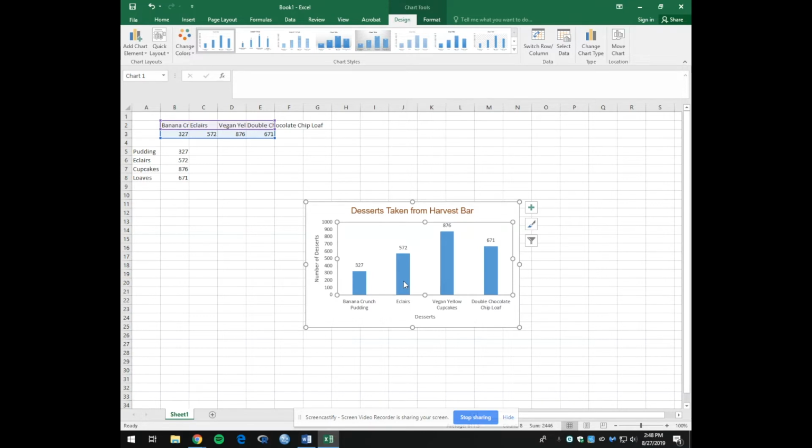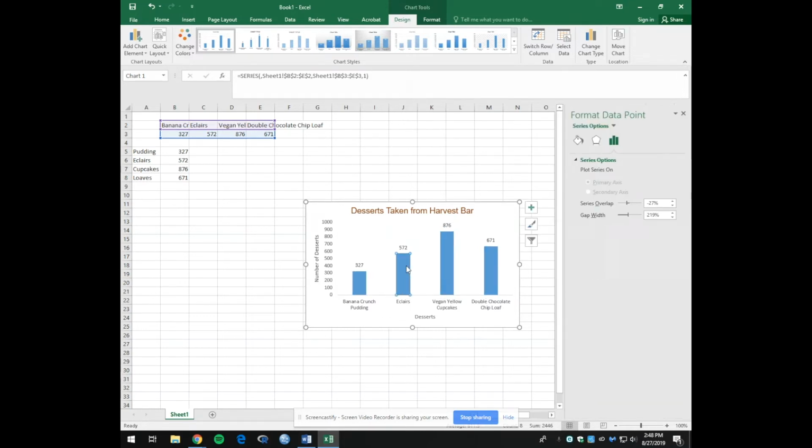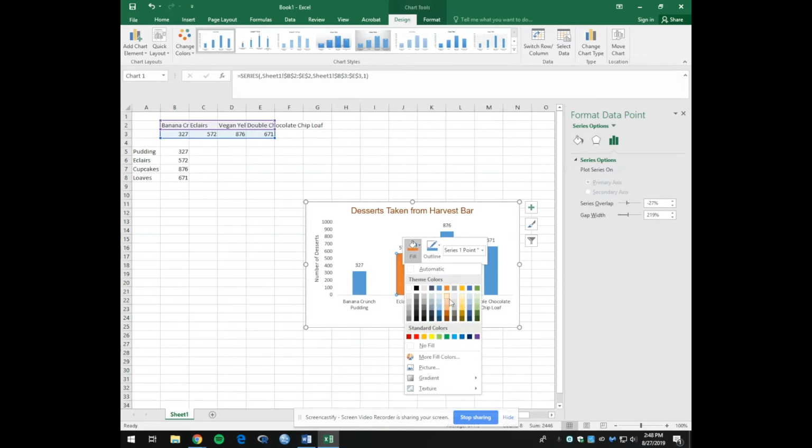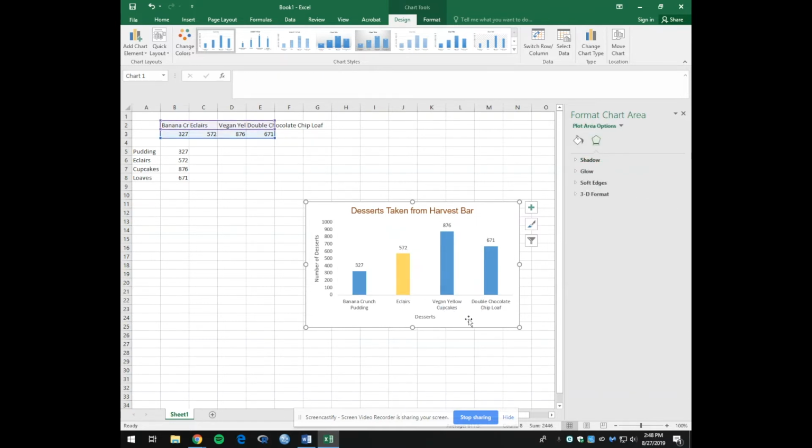Then we can actually change the colors of the bars by, if you double click a particular bar, it will activate just that single bar. And then we can left click on that to change the fill. So maybe we wanted to make eclairs this kind of yellow color. You could play around and make each bar a different color if you wanted to. So you could really get into playing with the different options to see how you can change this graph to be more aesthetically pleasing. So that's a bar chart, but let's also look into how you would make a